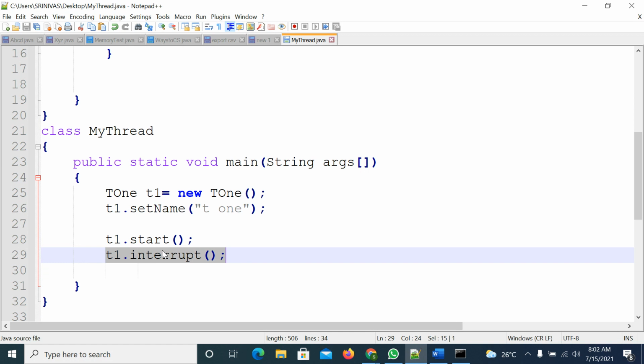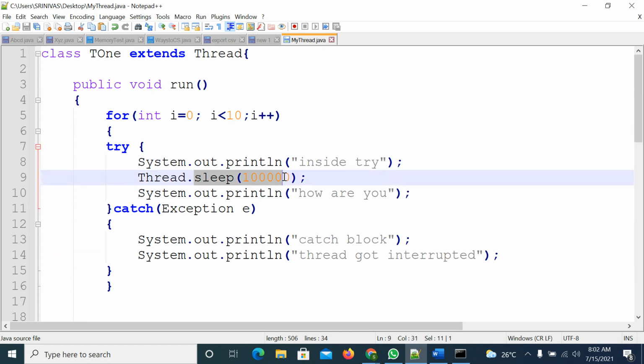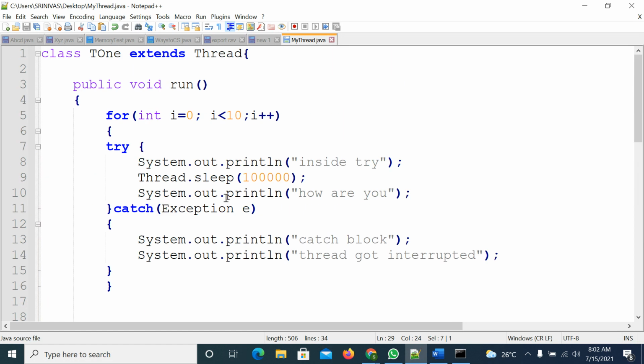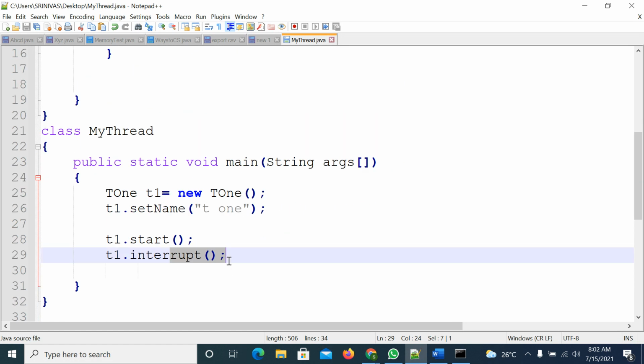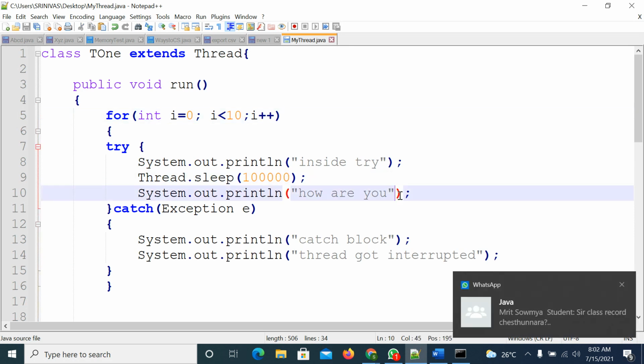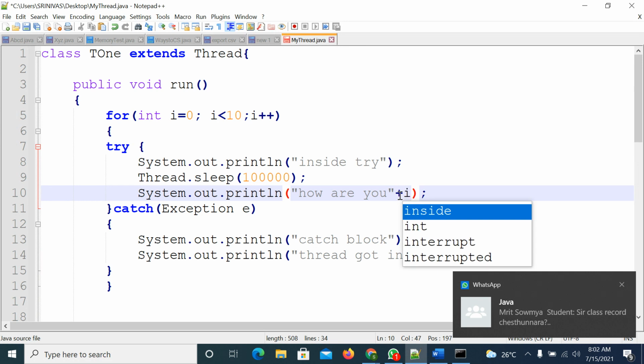The first time the thread will enter the waiting state, and the main thread will interrupt it. The second time, it won't call again. So the first time it will be interrupted. I'm trying to print the i value here.